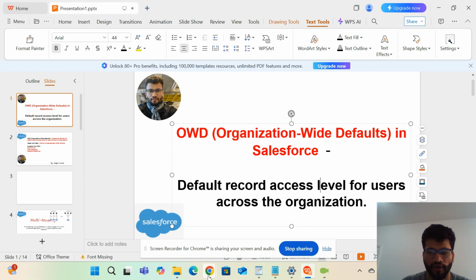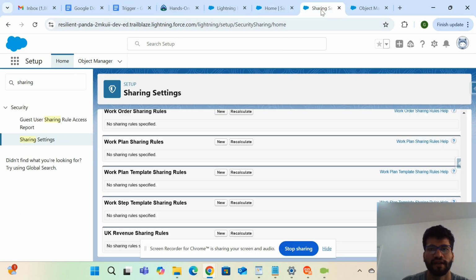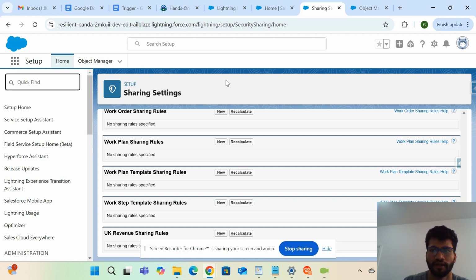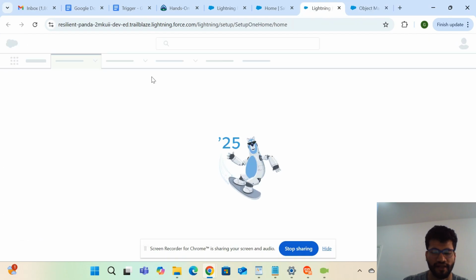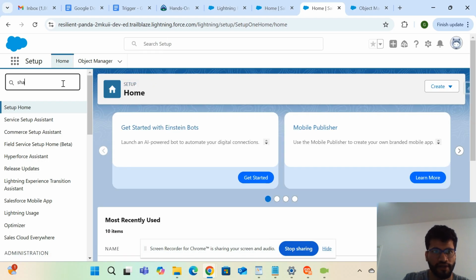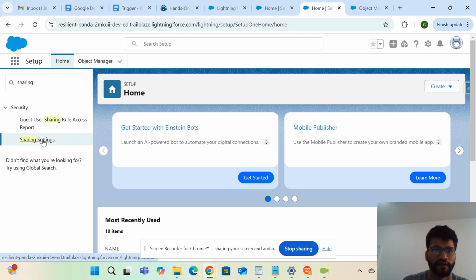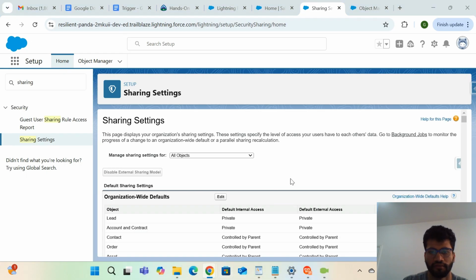I'm going to show you a demo for that. You can see this is my Trailhead account where I have two users, Gagan and Rajat. Now let's go to the sharing settings. Whenever you have to set up the OWD, you have to go to Setup from here, then search for sharing settings, where you can get the option of OWD. Once you click sharing settings, you will be able to see all the OWDs available for the objects